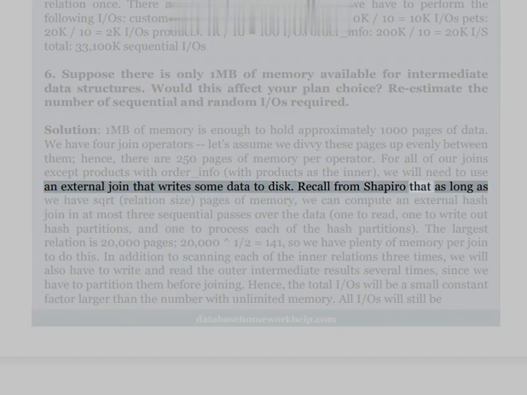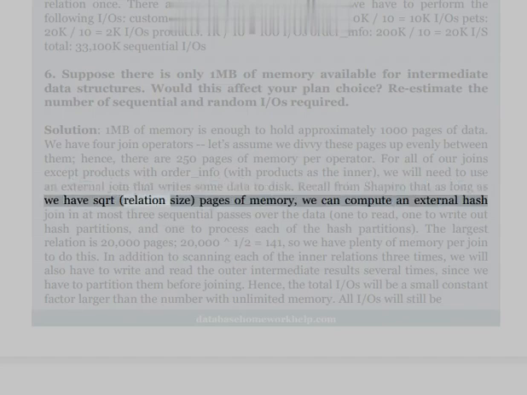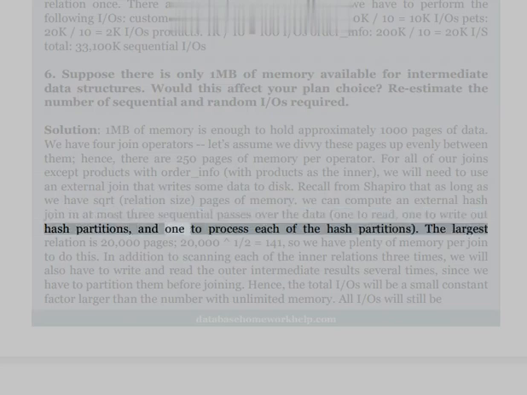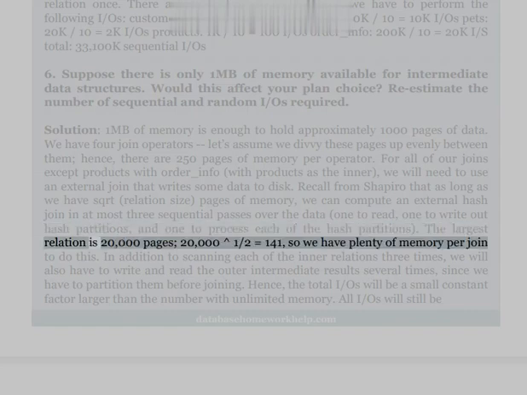Recall from Shapiro that as long as we have SQRT(relation size) pages of memory, we can compute an external hash join in at most 3 sequential passes over the data: 1 to read, 1 to write out hash partitions, and 1 to process each of the hash partitions. The largest relation is 20,000 pages. 20,000 (1/2) is equal to